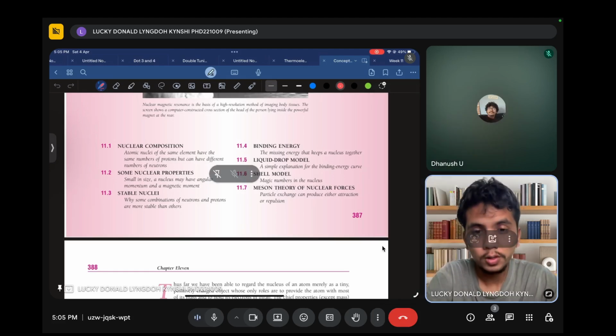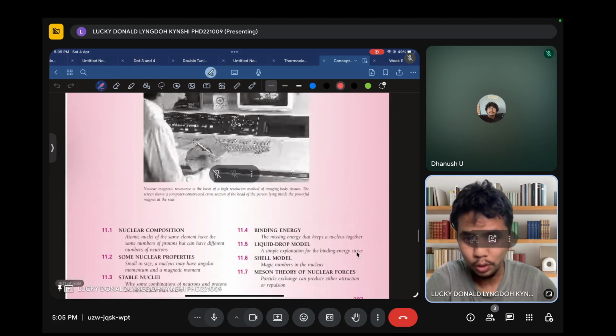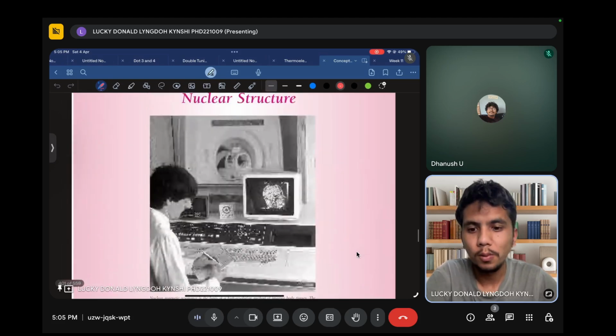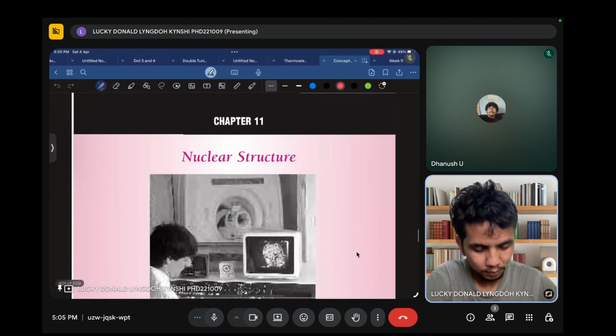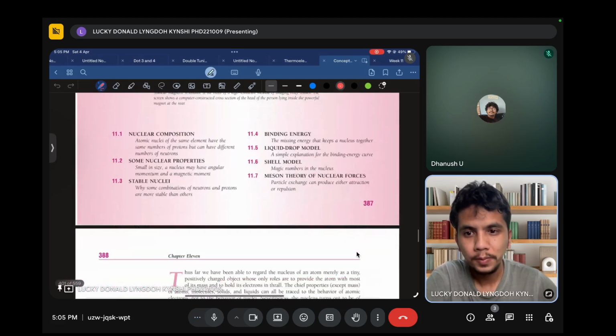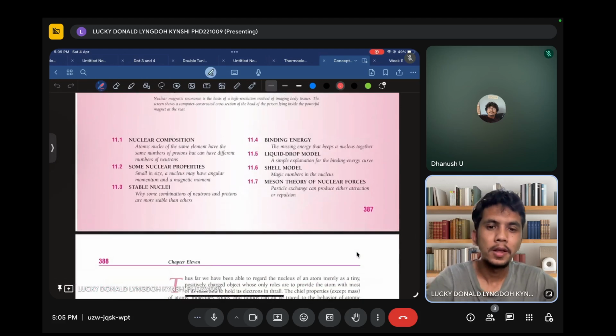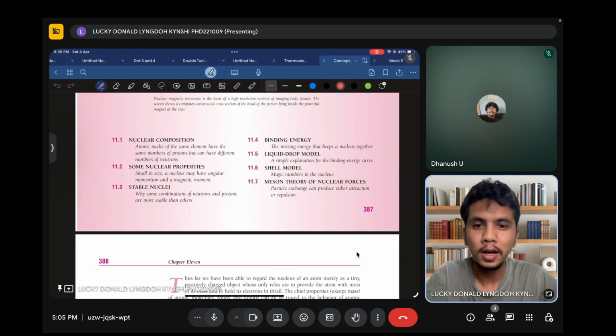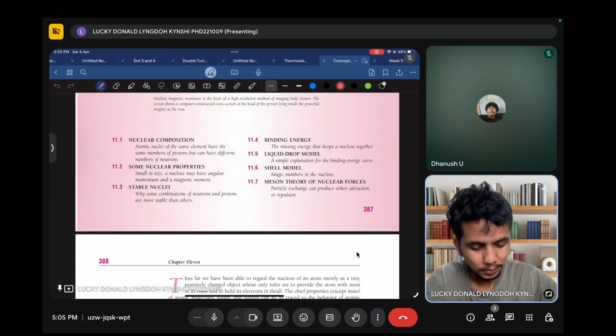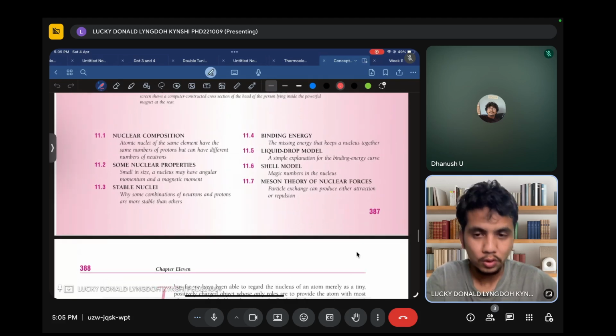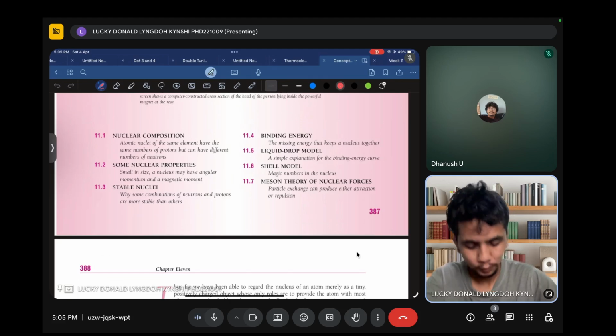physics. What I can suggest regarding the books I follow is Concepts of Modern Physics. Chapter 11 deals with nuclear structure, and it is a very beautiful book which has a lot of information. If you want to refer, for basic understanding this is one of the most common textbooks. According to the problems in the assignments, it's mostly related to